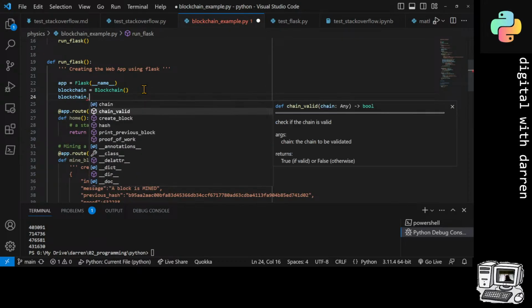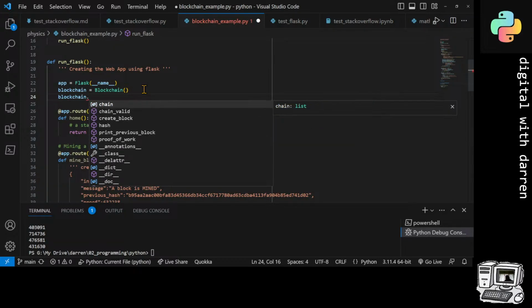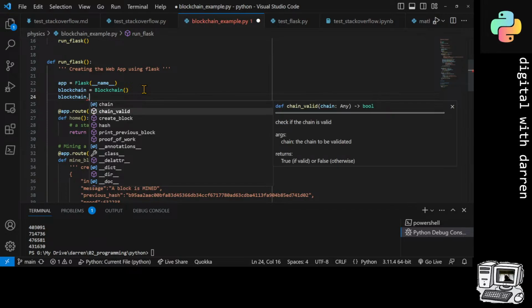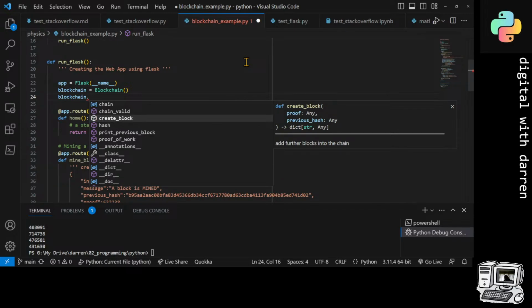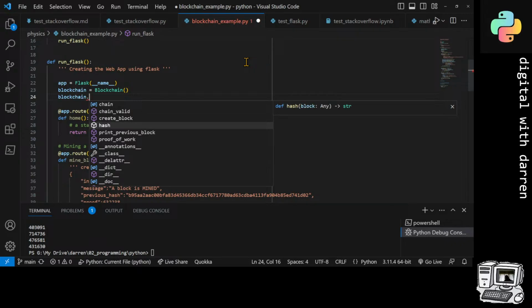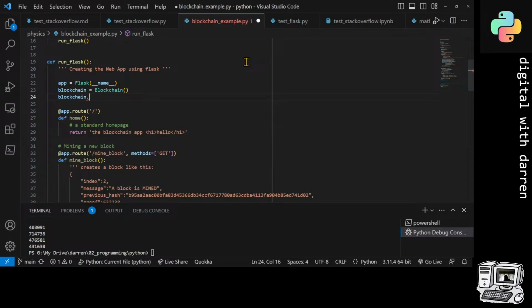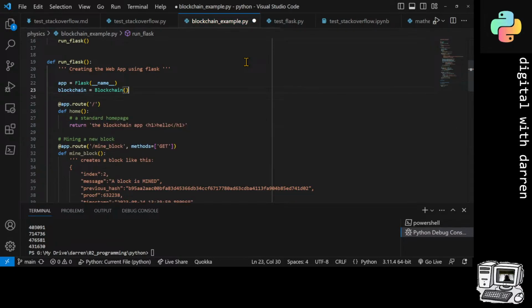So chain valid, create block, and this is where the docstrings come in useful, because it tells you check if the chain is valid, the chain to be valid, and so forth. If you haven't labeled it, then the user has to start guessing as to what they are. Even if you just put some simple stuff down, I'm a big fan of it, because when I come back to my own code, let alone someone else's code, I can't even remember what I've done 3 weeks later. So without the type hints and so forth,